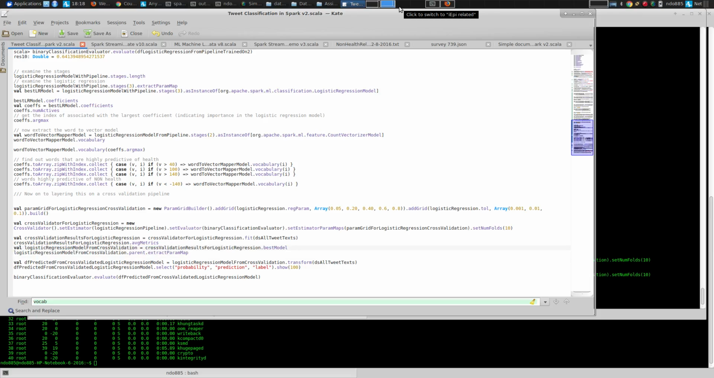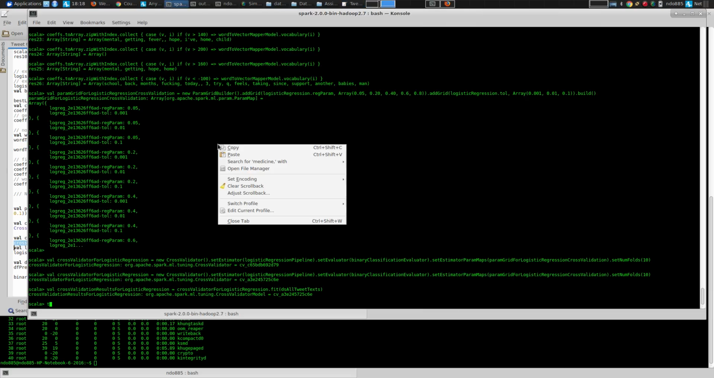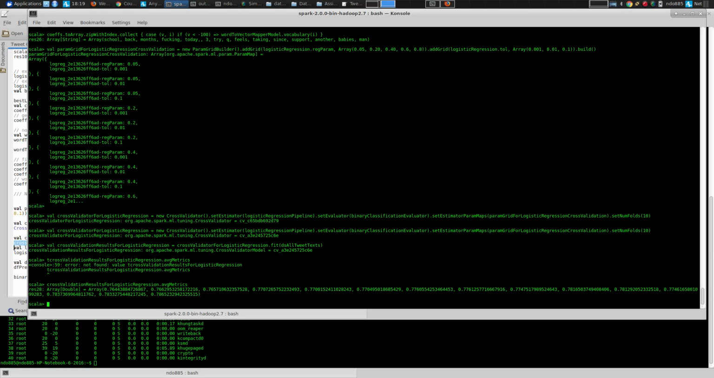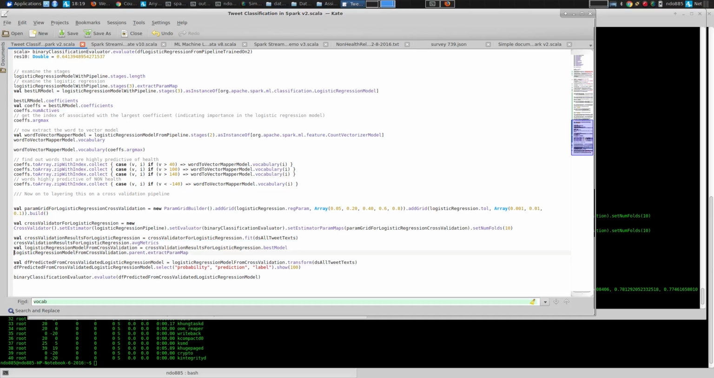So, ladies and gentlemen, we're just going to finish up here with a few commands. We have just fit our data set, and here we go. So this is cross-validation metrics. Here are our metrics across many items. So we're getting about 78% across the cross-validation. Looks like we're getting about 78%